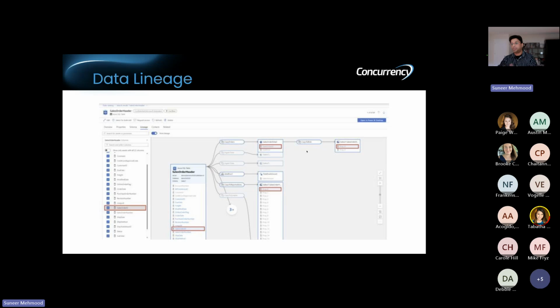So this typically goes from left to right, for those of you who are relatively new. On the right-hand side is my final object that I would be looking at, and I want to see where it is coming from. In my report, where is it being used? What all transformations is it going through? This is a little bit of a sneak peek into that. This is a view within Purview itself.